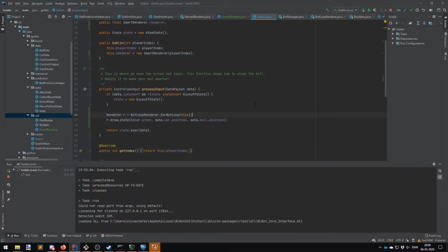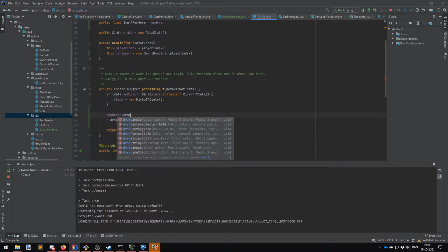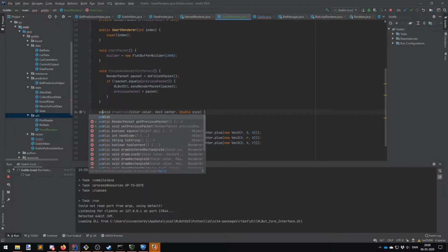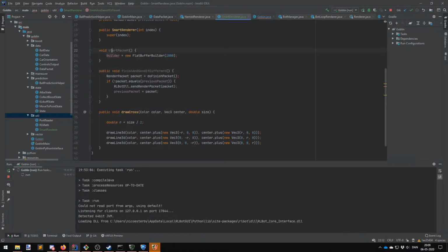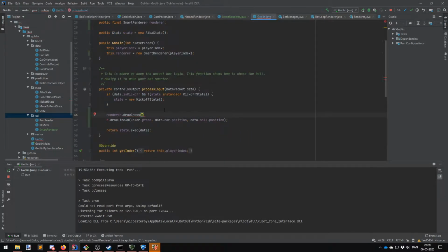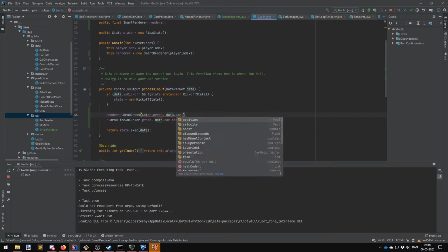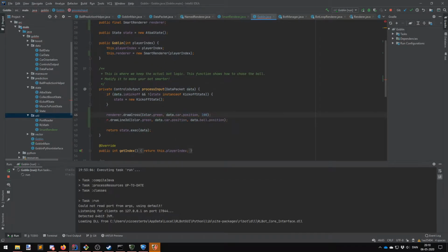And instead of drawing this boring line, let's draw a cross. I of course forgot to make it public, I believe. Let's use the same color of green, and let's use our car position and give it an arm length of 100. We can delete this line, and now before we go any further, there's one thing we have to remember,